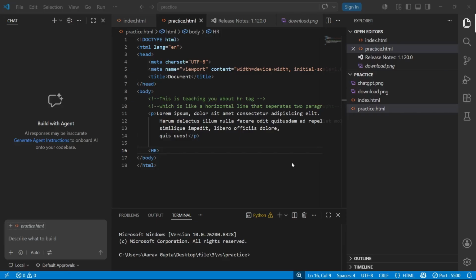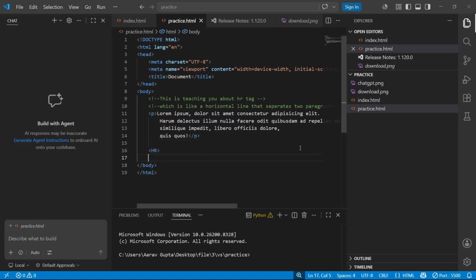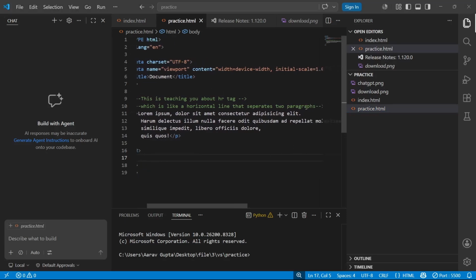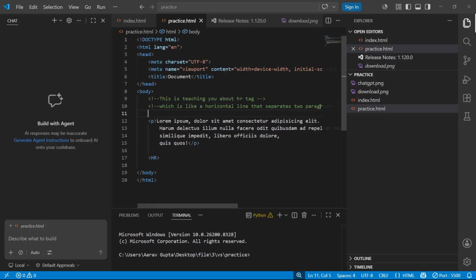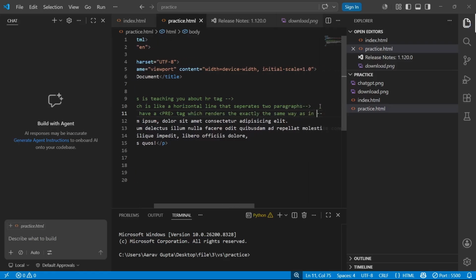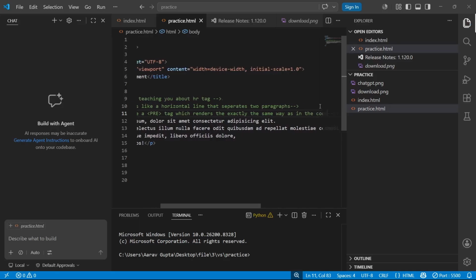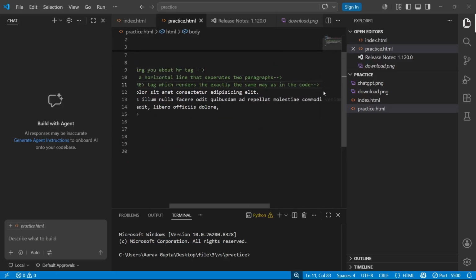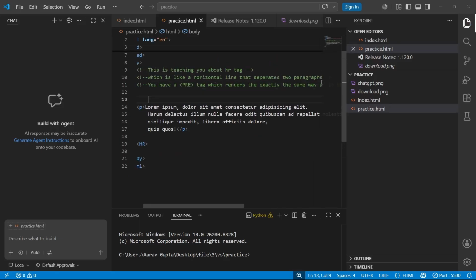HTML is a simple language, but there are some parts of it that you may have silently developed questions about in your mind. Like if you go further into the language, you'll ask yourself, why is it that you use a hash symbol? Why do you have a class and ID? What's the difference? Why does a less than or greater than sign exist? Why does this exist? These kinds of questions are asked, and